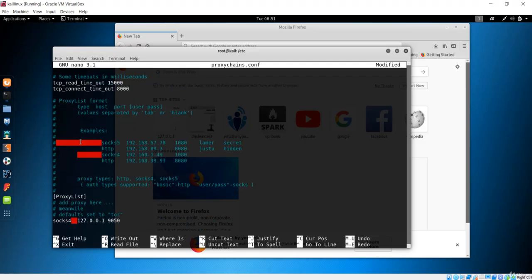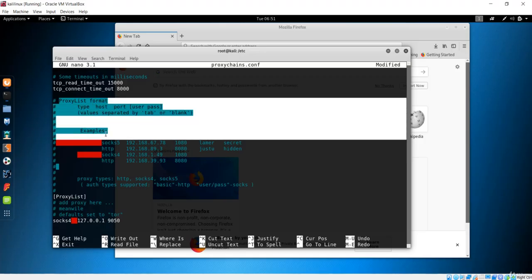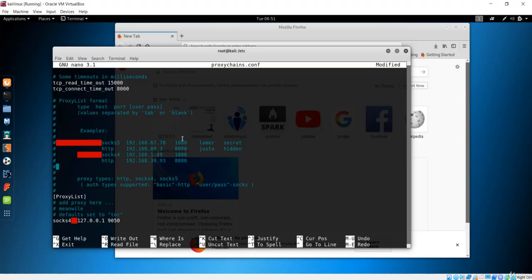That is the main importance of these proxy chains, that they give us the power to remain anonymous in any case. The next one you can see over here is the proxy list format. You can see this format: SOCKS version 5, HTTP, SOCKS version 4, and HTTP again. The first one is obviously the IP address. The next one is the port where this SOCKS 5 is running, and the next is your username and password. So this is the format for this